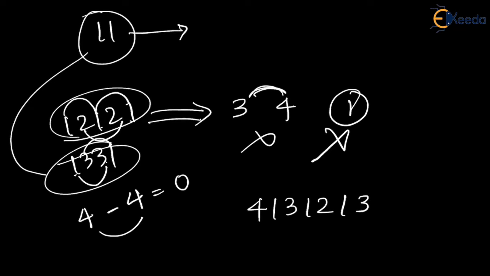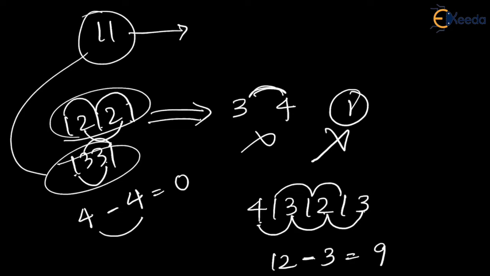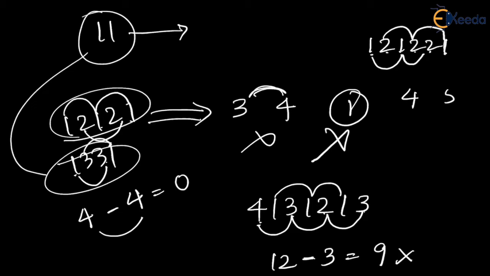So, if I give you a number like this, take alternately, the sum is how much? So 4 plus 3 is 7, 7 plus 2 is 9, 9 plus 3 is 12, and here it is 3. What is the difference? The difference is 9. Is it divisible by 11? No, it is not divisible by 11. Can you check this? 1 plus 1 is 2, 2 plus 2 is 4. Here 2 plus 2 is 4, 4 plus 1 is 5. The difference is 1. It is not divisible by 11.